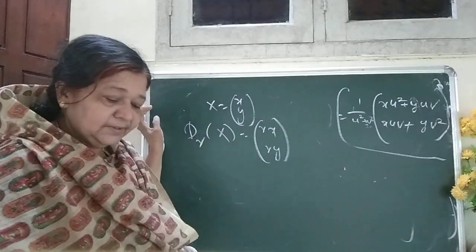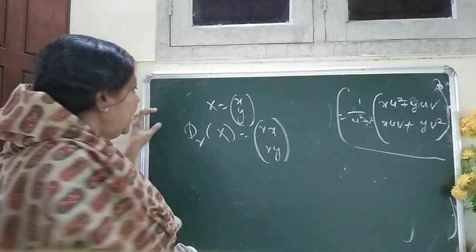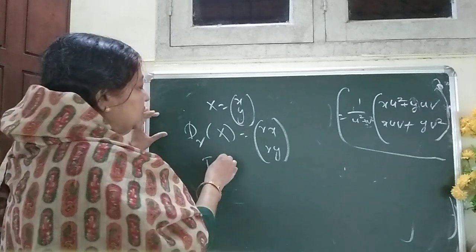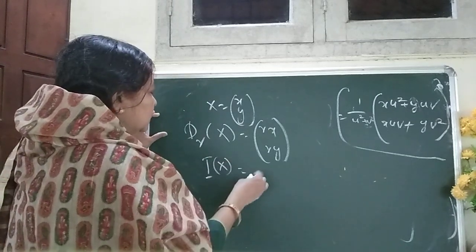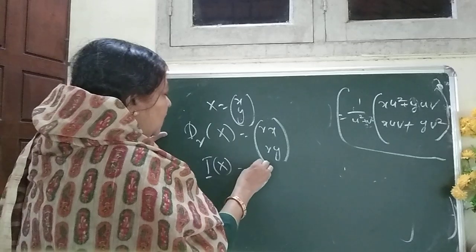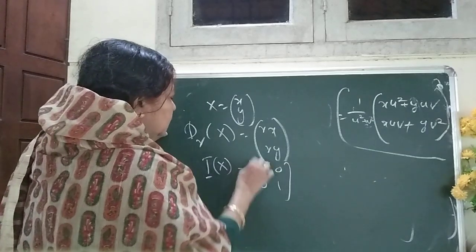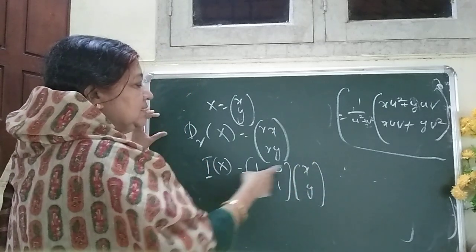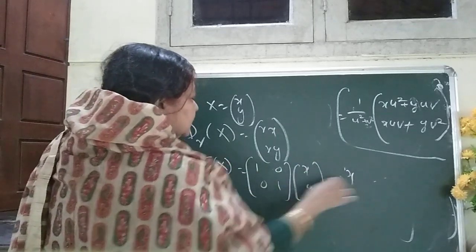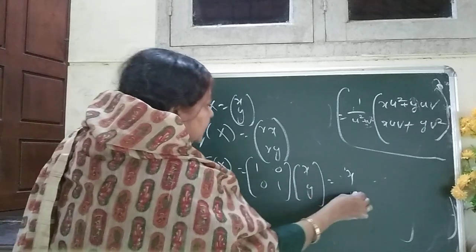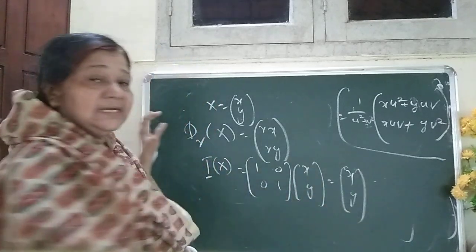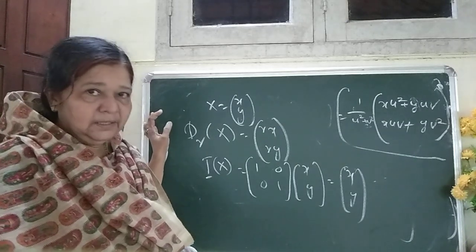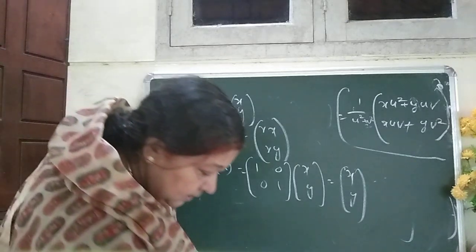Again, we can have the identity transformation. Identity transformation means we multiply the identity matrix to (x, y). So identity matrix means [1, 0; 0, 1] times (x, y). We get 1 into x plus 0 into y, that is x. Similarly, 0 into x plus y, that is y. There is no transformation. So the identity transformation, stretching transformation, reflection transformation. Again, we have